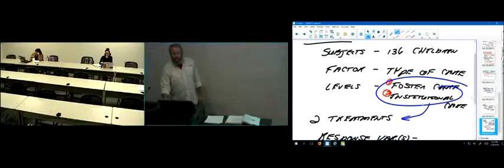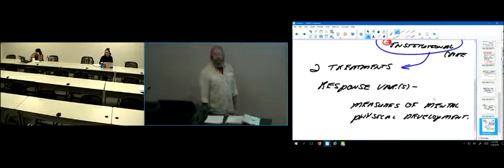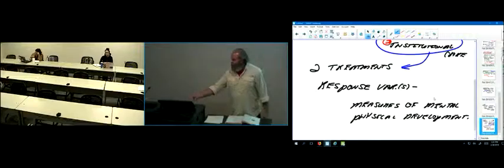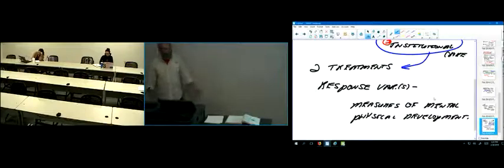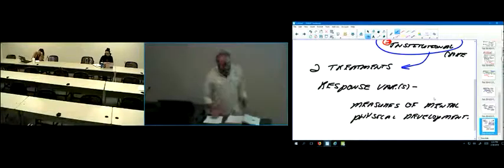Right? So in other words, what are they really wanting to do at the end here? They're wanting to compare these measures of mental and physical development for the 2 treatments, right? To see if one treatment was better than the other. Right? Living in foster care, was that better than institutional care? Or was institutional care better than foster care? Or was there no difference? Okay? Now,